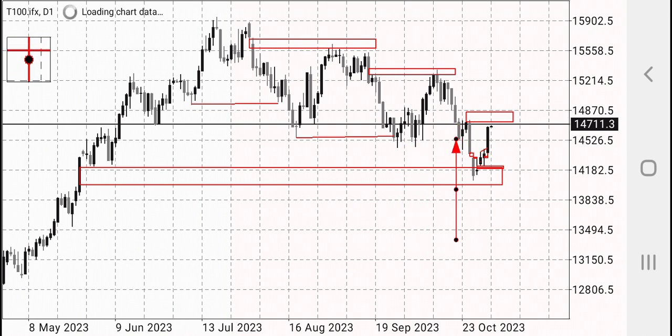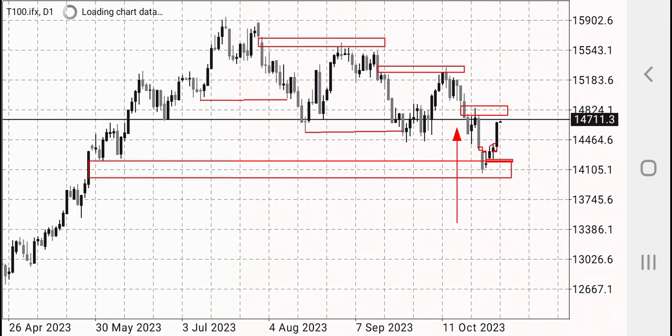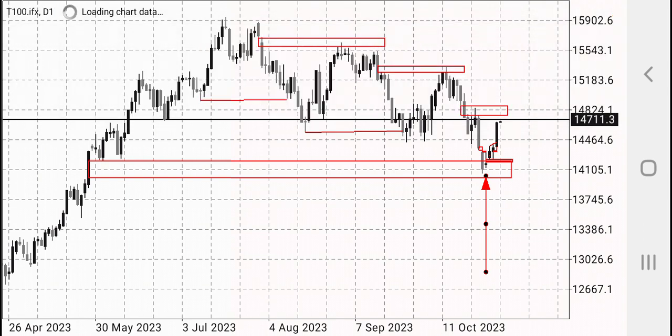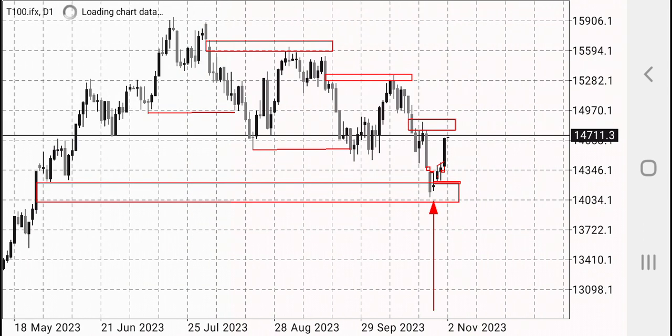Okay, as soon as it broke these two highs, it went back up again a little bit for the fair value gap. There's a little fair value gap that's here. This is the fair value gap that I'm talking about. Okay, and you can see that there's price rejection here. Price rejects from this fair value gap going down, but we have what now? We have a daily fair value gap resting here. This is the daily fair value gap, and we have